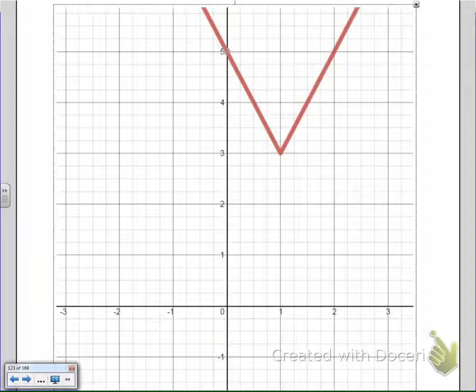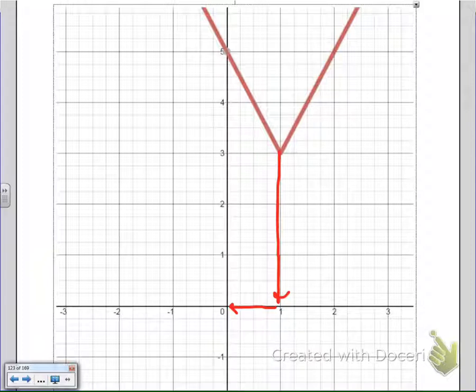Right, the purpose of this video is to talk about how you can use the idea of transformations to find the equation of virtually any function just from the graph. For example, what I see here is an absolute value function. All I have to do is identify first any shifting transformations that may have occurred, and I can see that